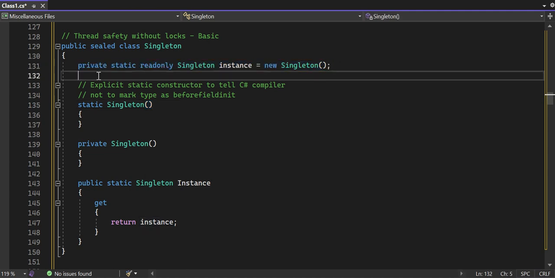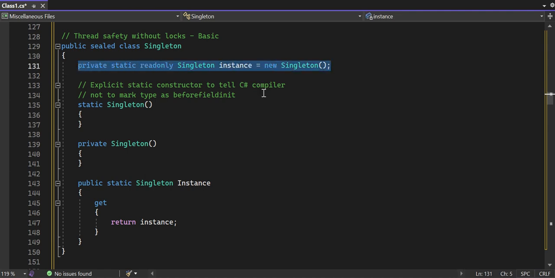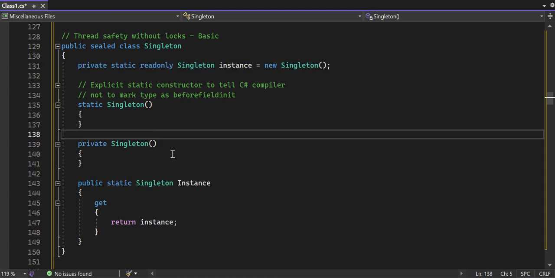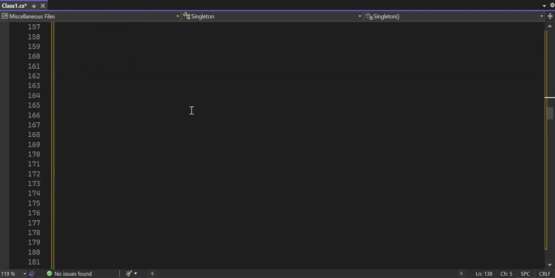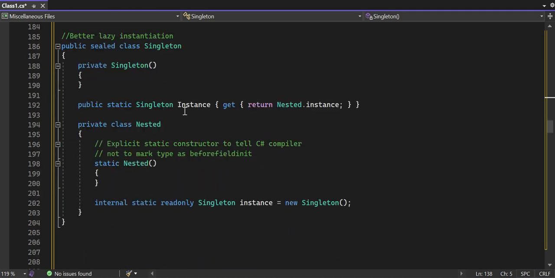But suppose, imagine if I had one more static field here, and due to some requirement, if I accessed that static field, then it will immediately execute this line of code and create an object of my singleton class, which is eager loading. But I don't want my singleton object to be used anywhere, but still it got instantiated. So to avoid that, we will go to a little improvised version where I am applying a better lazy instantiation,